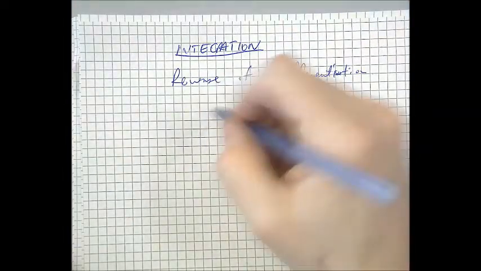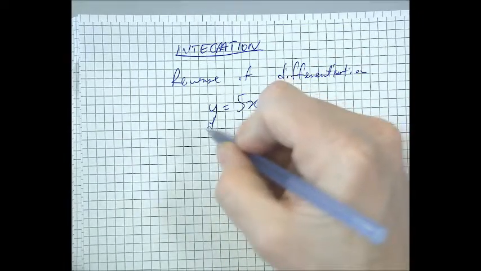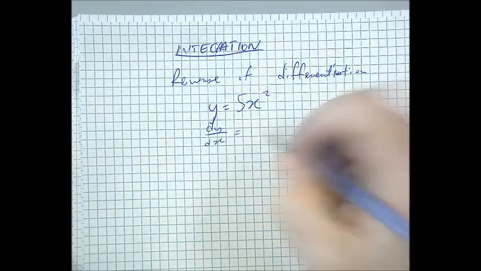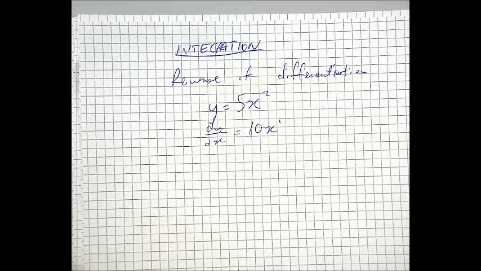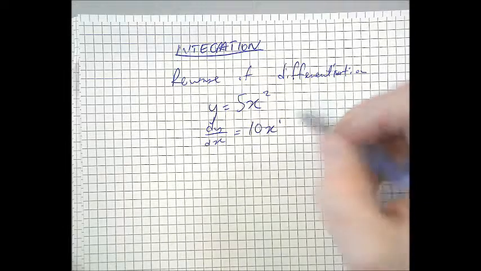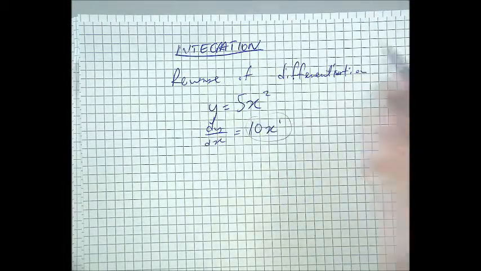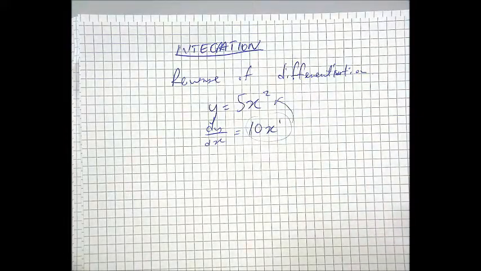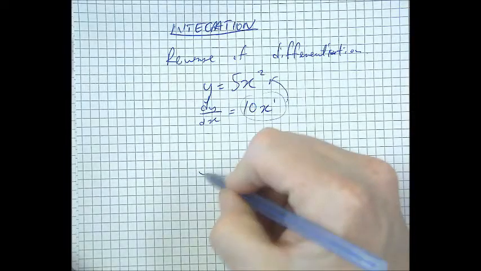Okay, so for example, in Core 1, we teach you that 5x squared, if you differentiate that, you get 10x to the power of 1. And so integration is just the reverse process. So we give you that as a starting point and you have to produce that. Okay? The classic code with which we tell you that you're supposed to do a reverse differentiation is the